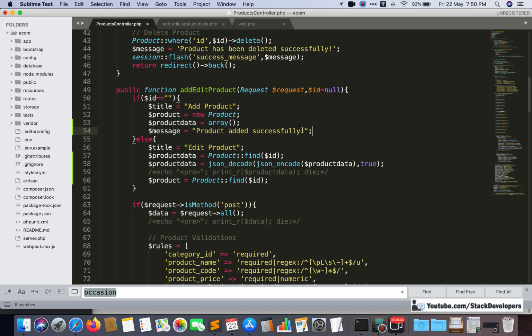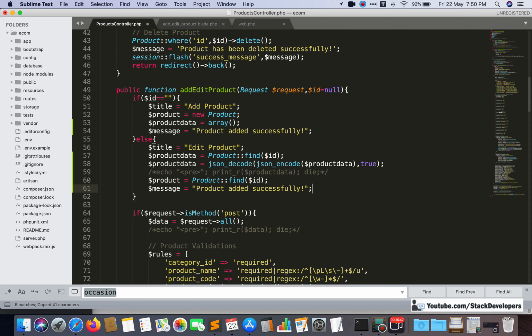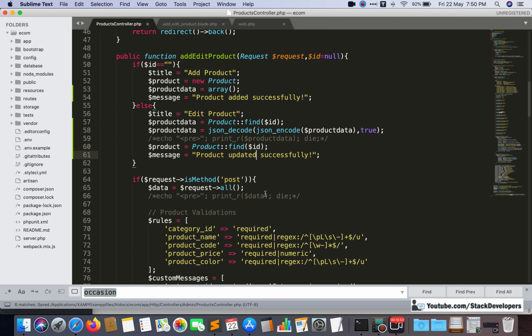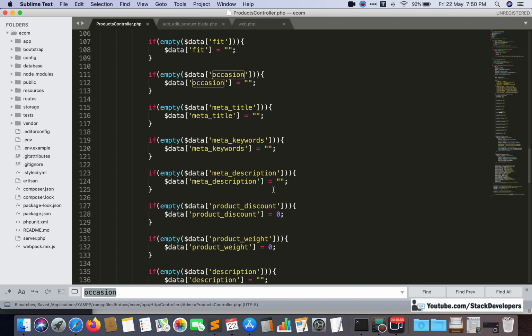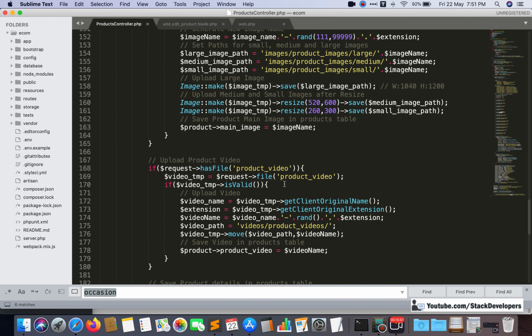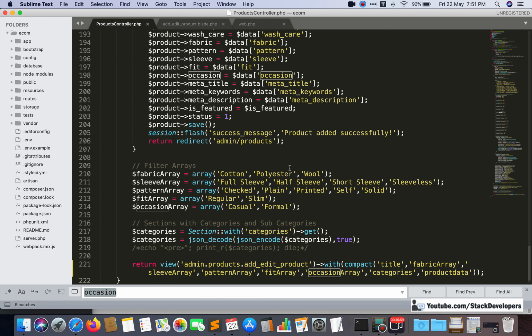And in case of update, here I am going to show a message like product updated successfully. Okay, like this. So I am going to show the $message while adding the product. Here I am going to show $message in place of this one, so that add and update both will work. Okay, here I am going to show $message like this.